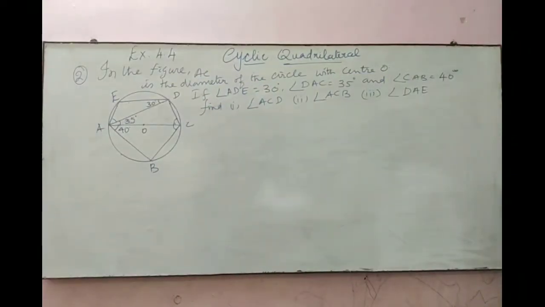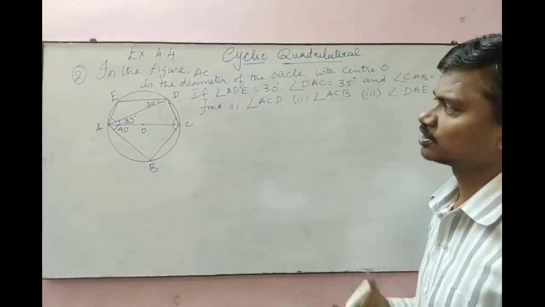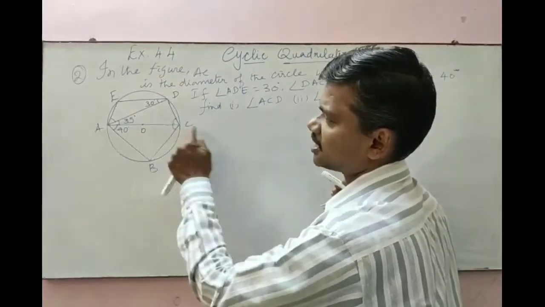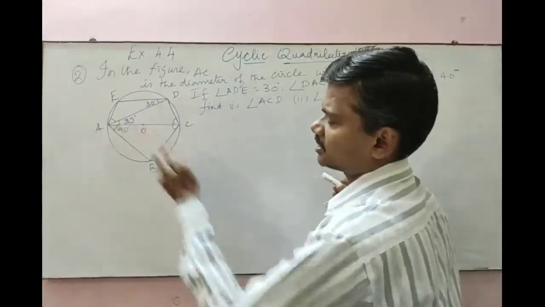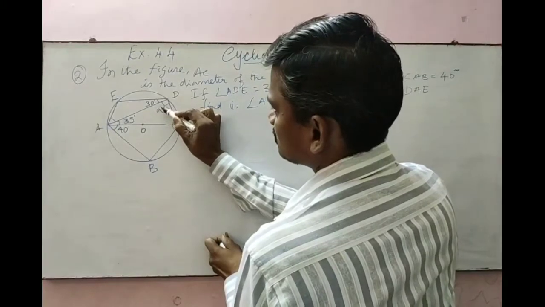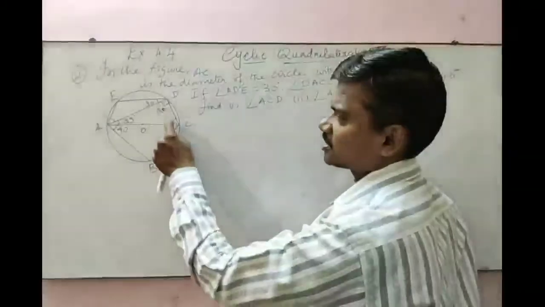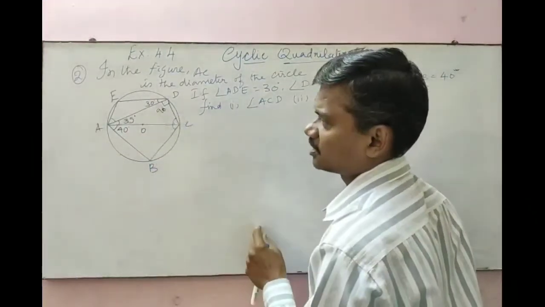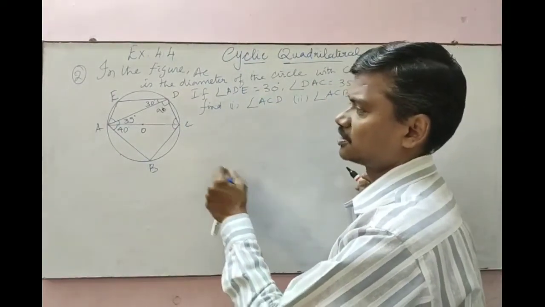So first I am going to use the triangle ACD. First I explain the concept to you, then I will do the sum. First you have to treat this triangle ACD. This is a triangle in the semicircle. If it is a triangle in the semicircle, then this angle is 90 degrees. I am going to use the same concept I used in the last sum. So angle in a semicircle is 90 degrees. In this we know two angles, then we can easily find out the third angle by using the property that the sum of the angles in a triangle is 180 degrees.